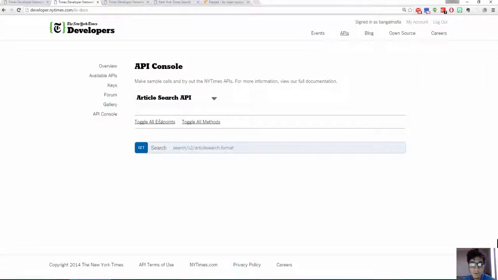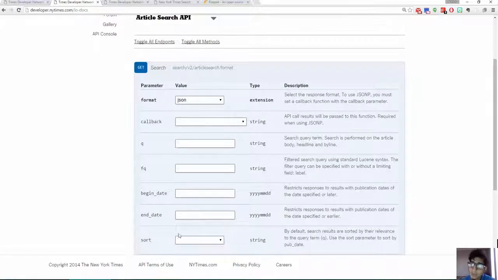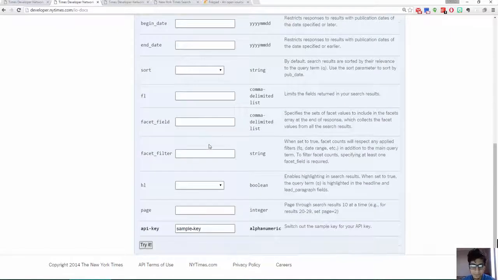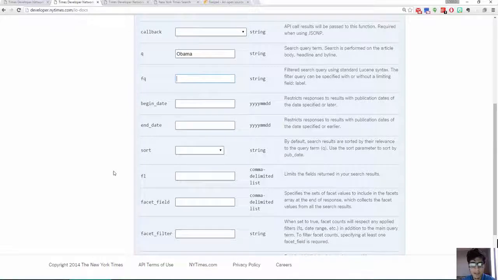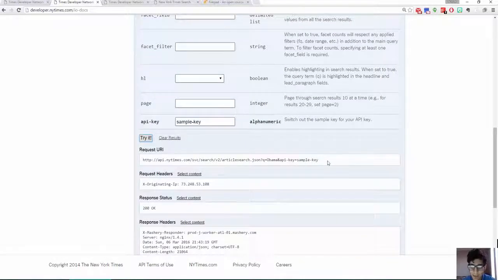And then I'm going to go to Articles Search API. I'm going to toggle all of the methods, and I'm going to create a sample URL just to see what happens when I create a query using a working application. So let's say I search for Obama, and I don't include a begin date or an end date. I just do the very simple application, and I'll even keep the sample key that they have. I'm going to try it, and it created this URL. I'm going to then go to that URL,